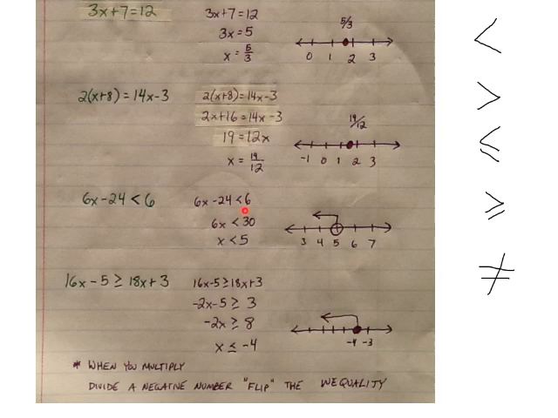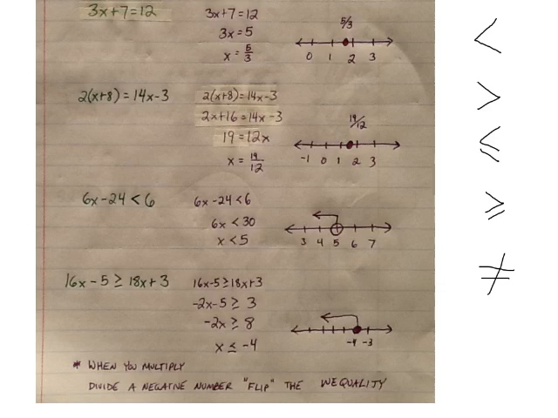So the process you can treat kind of like the inequality as an equal symbol. We add 24 to both sides. So we have 6x is less than 30, and then we divide both sides by 6, and we get x is less than 5. So this is where the graph is a little bit different. We put a circle at our value, and then we have to capture all the values less than that. And since it's less than 5, we have an open circle, whereas on the next problem we'll have a closed